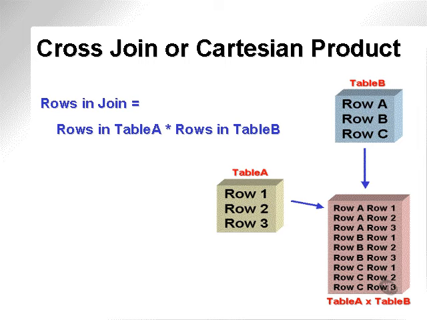Cross-join or Cartesian product. Let's look at the cross-join in detail. So we stated before that the cross-join is a multiplication between two tables, as in table A, rows 1 to 3, table B, rows A to C. The result of the cross-join between tables A and B would be table A multiplied by table B. That is 9 rows. So rows in join are equal to rows in tables A multiplied by the rows in